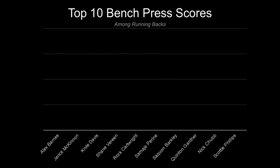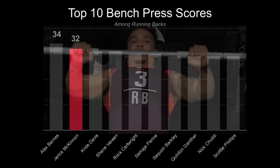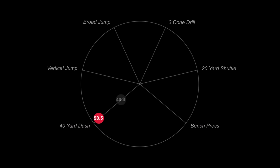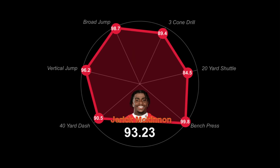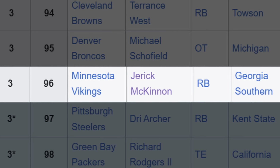Only one running back has ever had more bench press reps than McKinnon. Alex Barnes had 34 reps in the 2019 combine, but he weighed 226 pounds and was significantly slower, ranking in just the 40th percentile in the 40-yard dash. While a running back like Barnes prioritized strength over speed, McKinnon prioritized strength and speed. He finished in the 99.8th percentile in the bench press and vaulted his way into the 2nd most dominant combine performance of all time, which led the Minnesota Vikings to take a chance on him and draft him in the